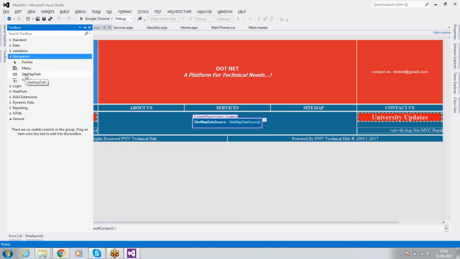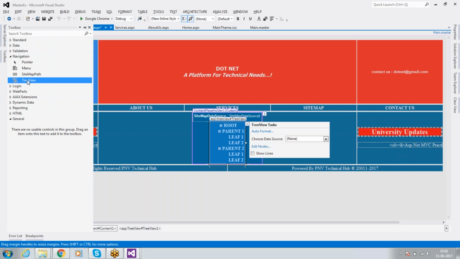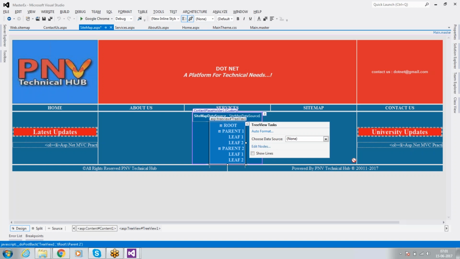Here we would like to take a sitemap path or menu or tree view. Anything that is required, we can take. I'm comfortable with the tree view. You can take anything, sitemap path or menu. We'll see what the other things are also.